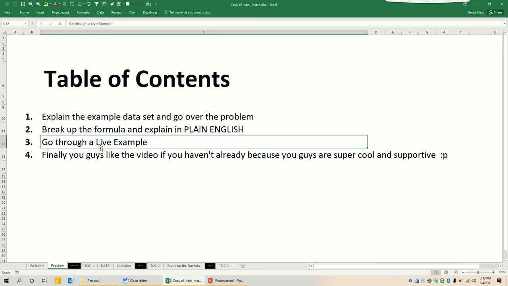And then after that, we'll go through a live example, just so it can really stick in